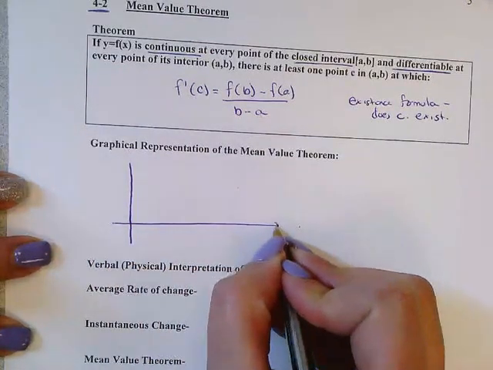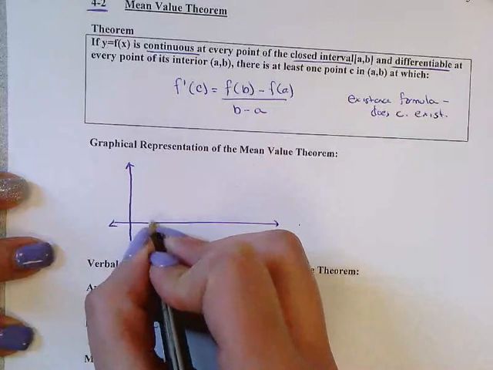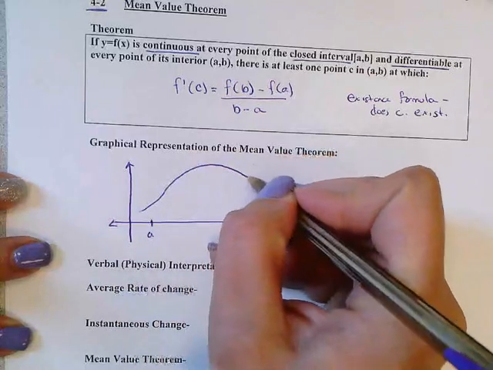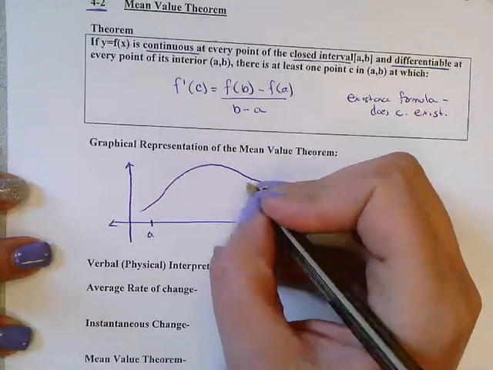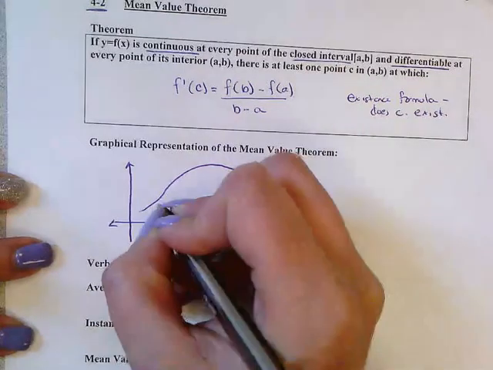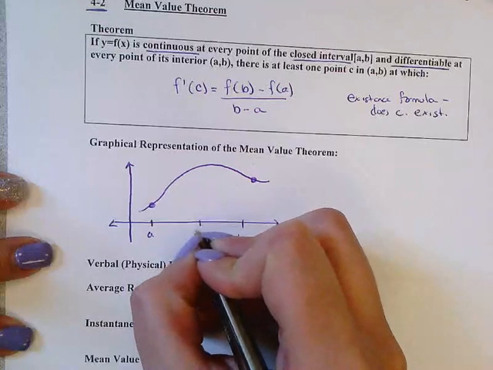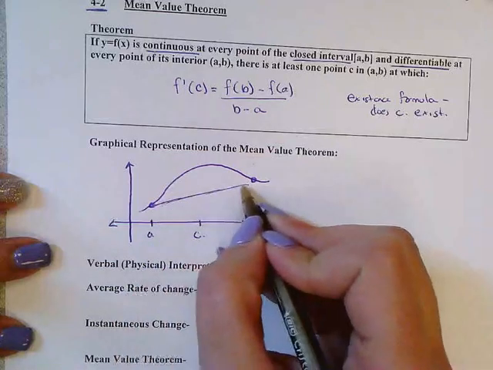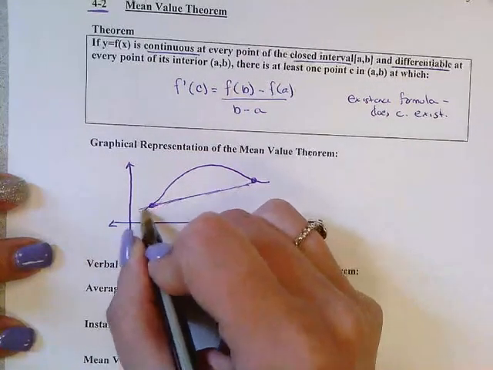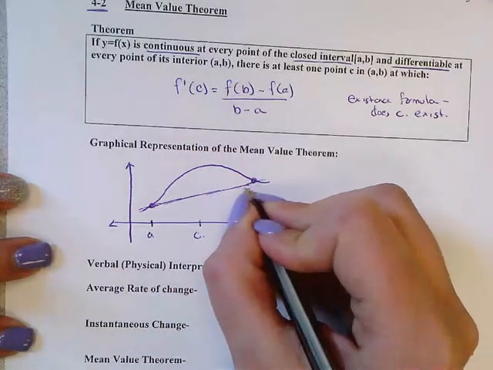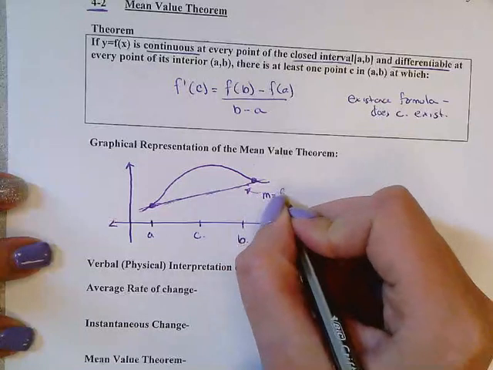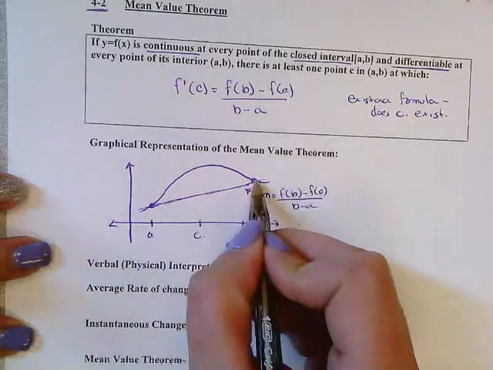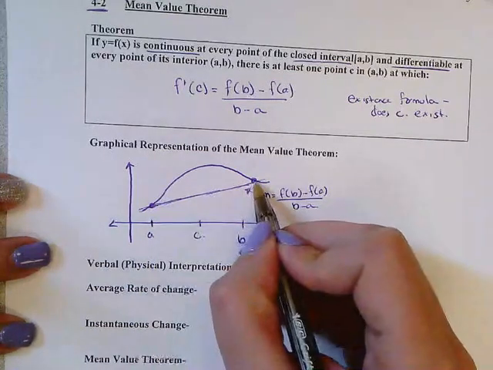So the idea is from A to B, if we have a function from A to B, and let's call this point right here C. The idea is that the slope of this line, so that secant line, so the slope, which is f of B minus f of A over B minus A, so the slope of the line from the first endpoint to the second endpoint